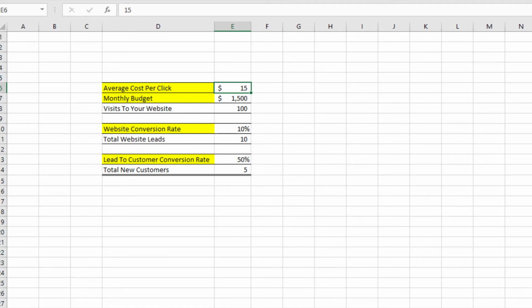So wrapping it up, step number 1 is identify your goals for new business, whether that's sales or new customers. Step 2 is identify how much traffic you're going to need to reach your goals. Identify the gap in ad spend if you're already spending on Google Ads, and if not, what does that Google ad spend budget need to look like on a monthly basis based on your financial goal. You can use the Google Keyword Planner to help you arrive at the cost to acquire that traffic. Build a simple Excel model to help model this out. It's not very complicated, only takes a minute or 2 to build that, and then play around with the numbers.